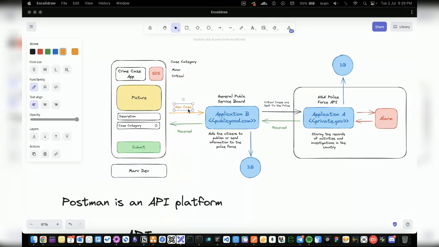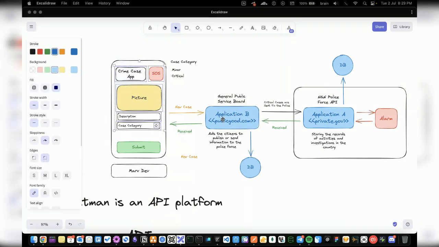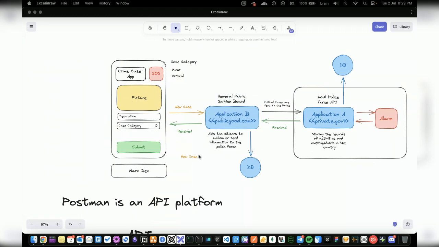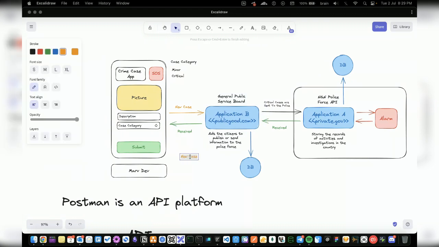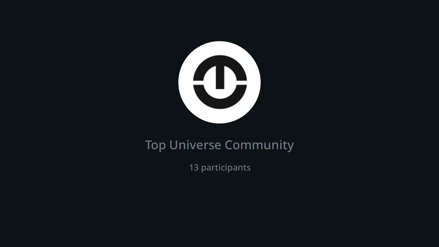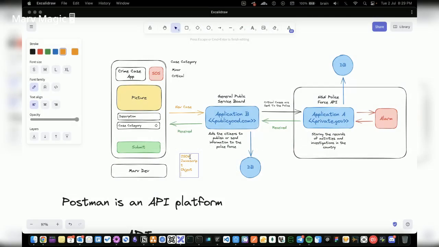Now, one thing you must understand is there is a format when sending a request via these APIs. That format is based on the contracts that this application and this application have been built to communicate in, right? So this application might say, oh, what I receive is plain text, or what I receive is JSON, also known as JavaScript object notation, right? So JSON is a very popular option here, and most of you might have seen a JSON object before.